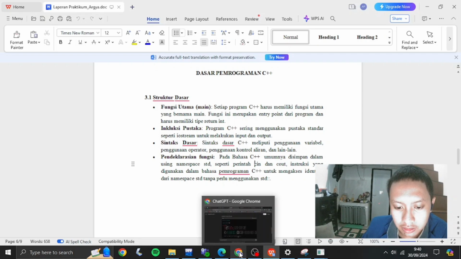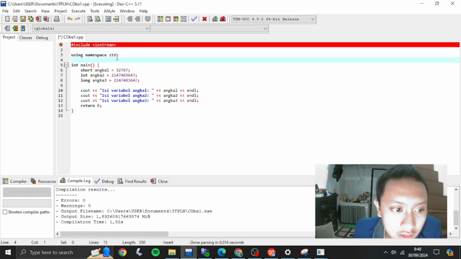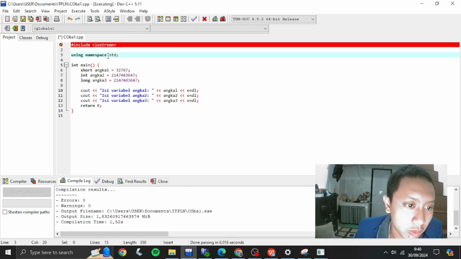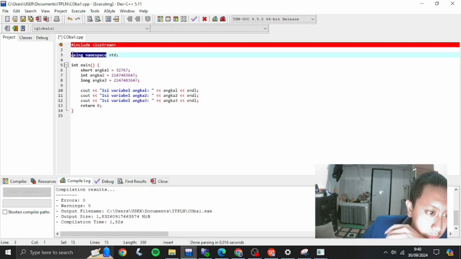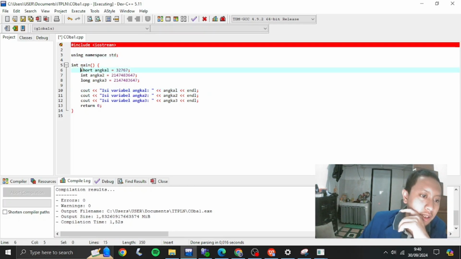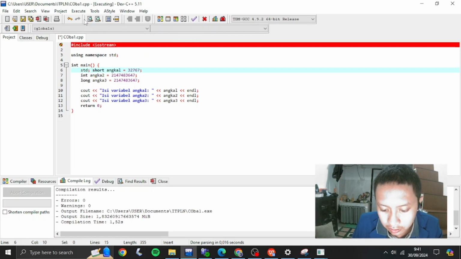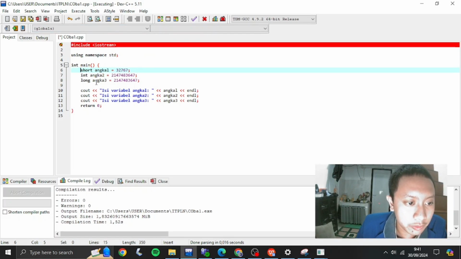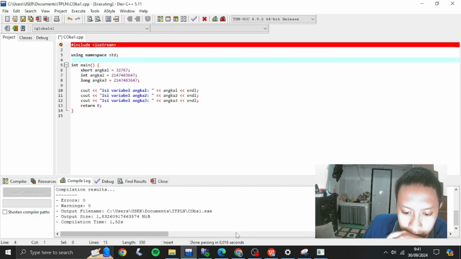If you ask why do you use using namespace std? If you don't use using namespace std, you must write std in every line, and it's going to take forever. So it gives us a shortcut using using namespace std.